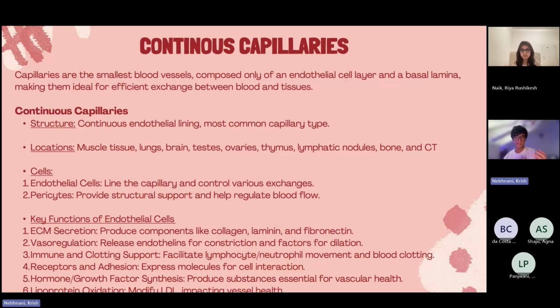They help in the contraction or dilation of a vessel. They also help in immune responses, clotting factors, hormone or growth factor synthesis. They have a bunch of functions. Pericytes, I already mentioned, provide structural support for the vessel and regulate blood flow by contracting the vessel and helping the